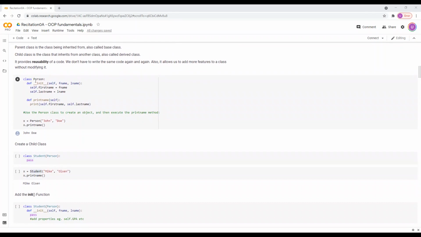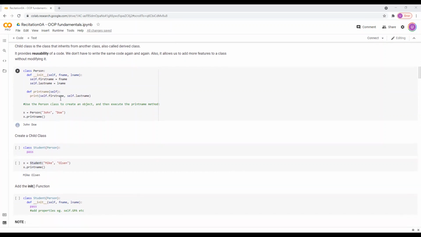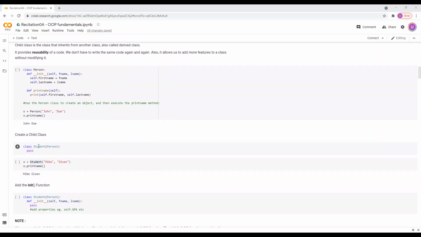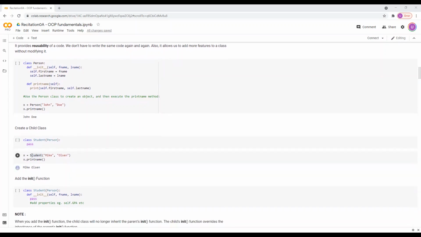Let's see this example. We have a class called person, right? This is the basic class, a similar example to what we've seen above. And now we create a child class. So we define it where the class student is actually inheriting all methods and all attributes from the class person. So when we've instantiated the class student, we've used the same attributes that we need to give while instantiating person, first name and last name, and we can access the print name method from the class person.